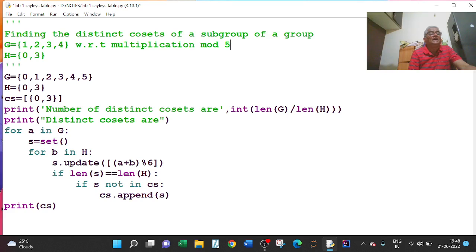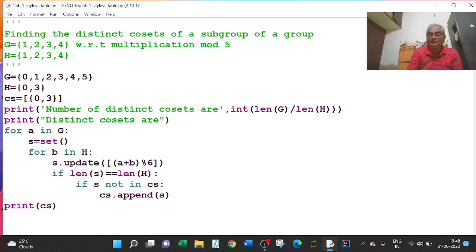This is a group. And H, I will take G itself: 1, 2, 3, 4. H equal to G. Then the quotient of H is nothing but H itself. Only one quotient is there.